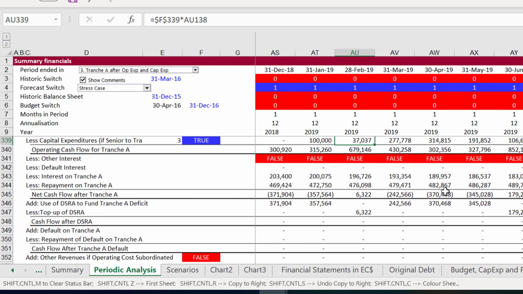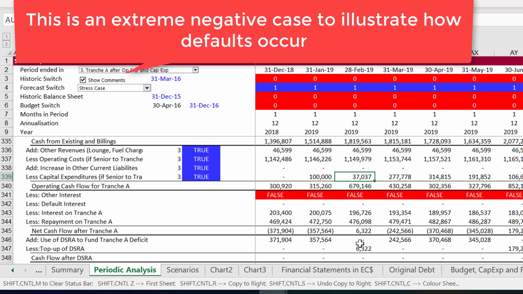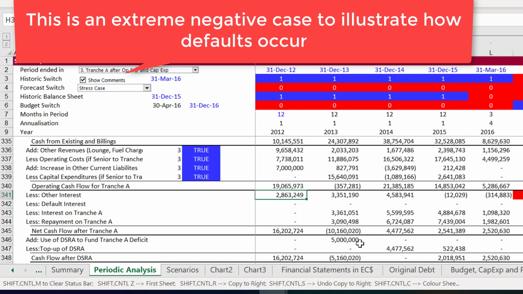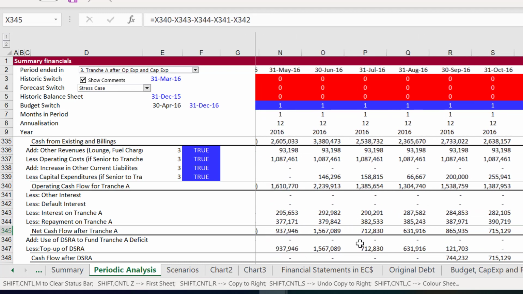cash flow waterfalls, the first case, I'm going to pretend we actually pay all of our operating costs and pay our capex. So that's our first waterfall assumption. Then we see how much is left over, including the cash we have. We had no other interest, and then we hadn't defaulted yet, and then we go through and we see if we have a negative cash flow.